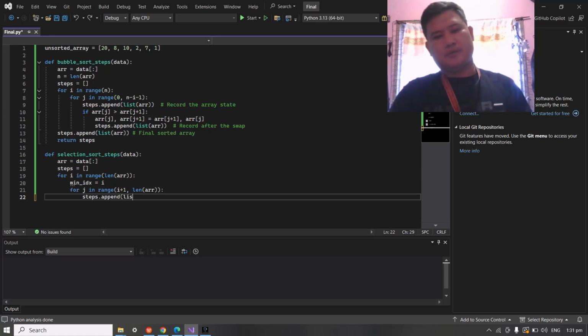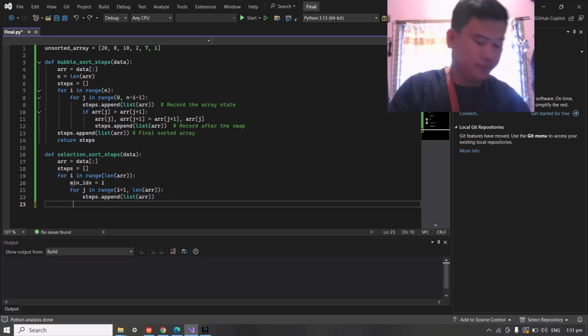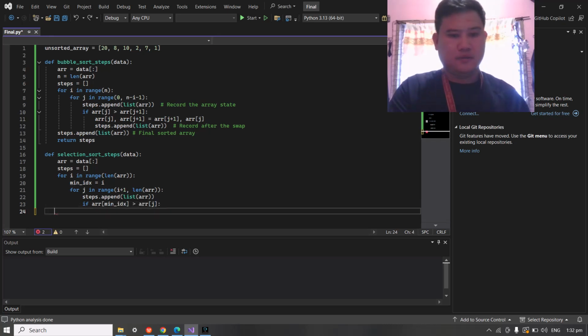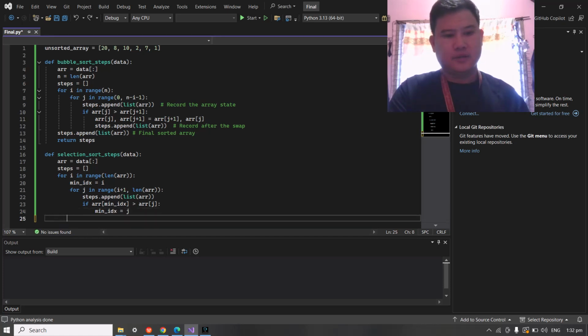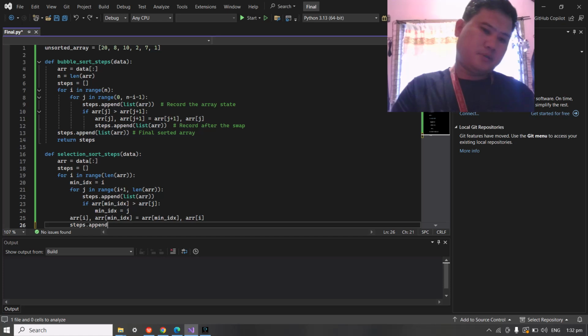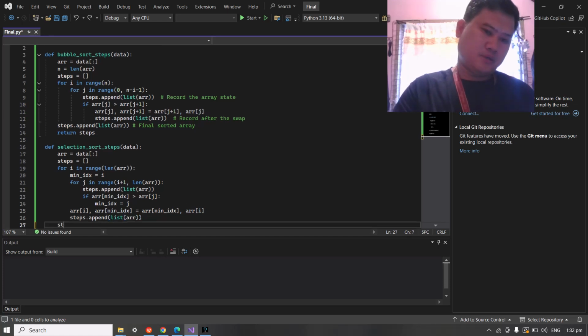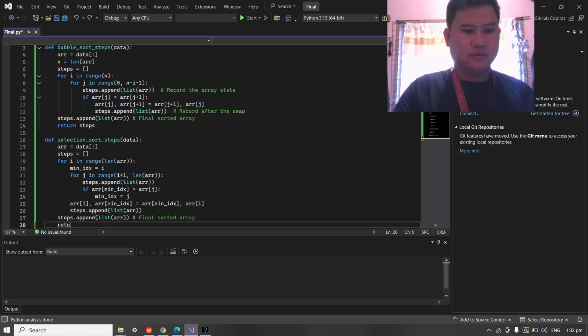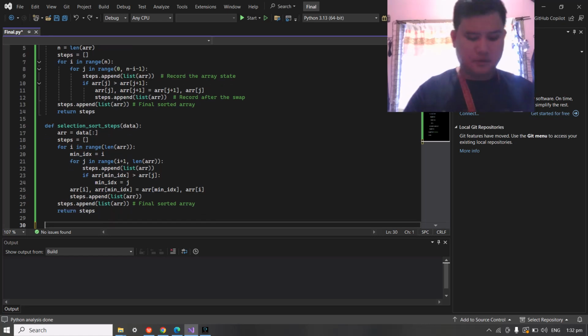Steps: the final sorted array. Return steps.